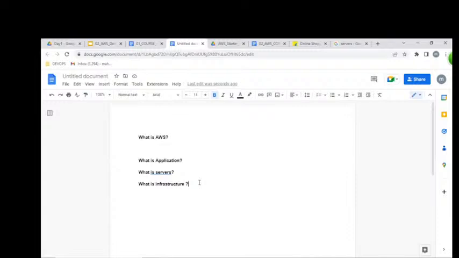For example, to conduct this session, these DevOps or AWS classes, we require chairs, tables, laptop, TV, internet connection, AC, my water bottle. These are all infrastructure, right? Without this infrastructure, can we conduct these sessions? No.